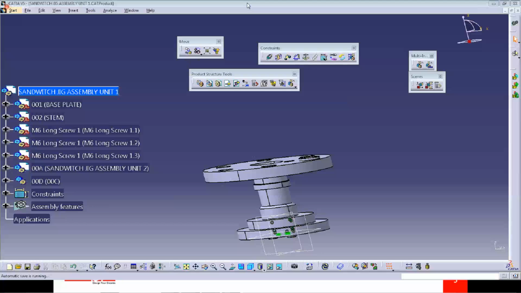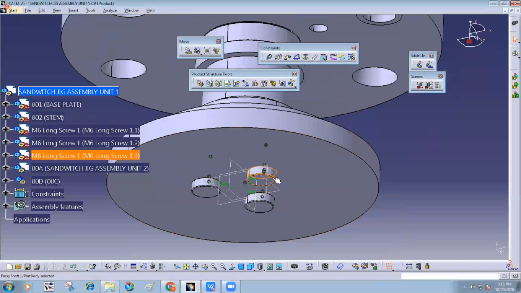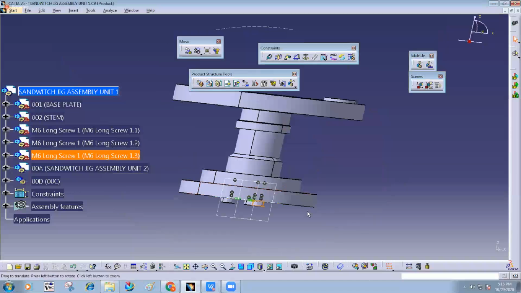But if the parts are standard, like fasteners, pulleys, shafts, all standard parts, maximum mechanical parts are standard. Then in that situation we simply design and call it. That is bottom up. Here I earlier called this part. What is that? Fastener, because fasteners are standard. No need to design it. It's not a new design. It is already there. Nut is already there. So we need to call and place it. That is bottom up.